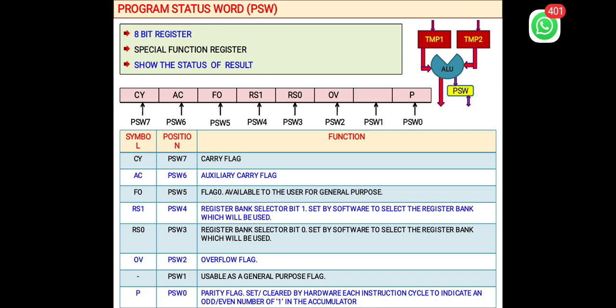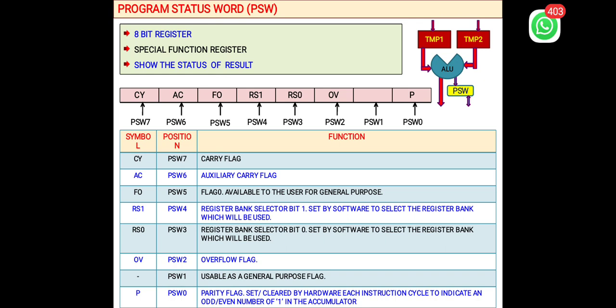PSW5, that is F0, is a general purpose flag register. It is available for user application. RS1 and RS0, that is PSW4 and PSW3, are used to select the register bank from 4 register banks. Later we will discuss RS1 and RS0.